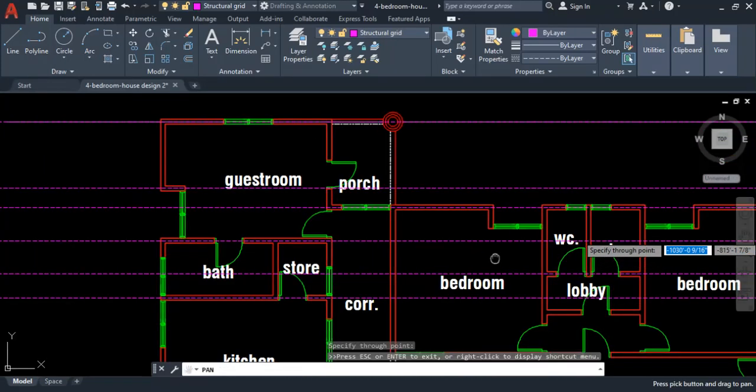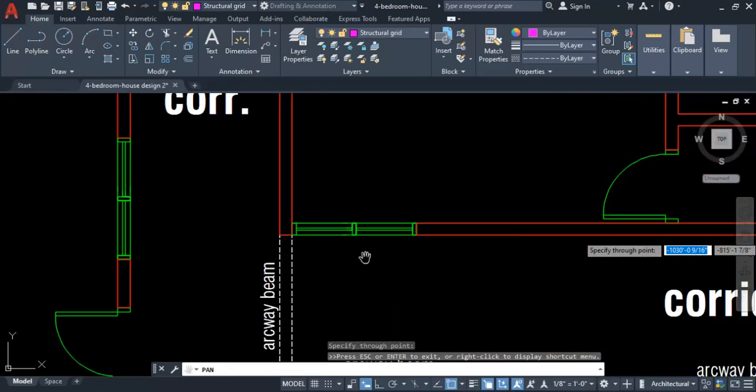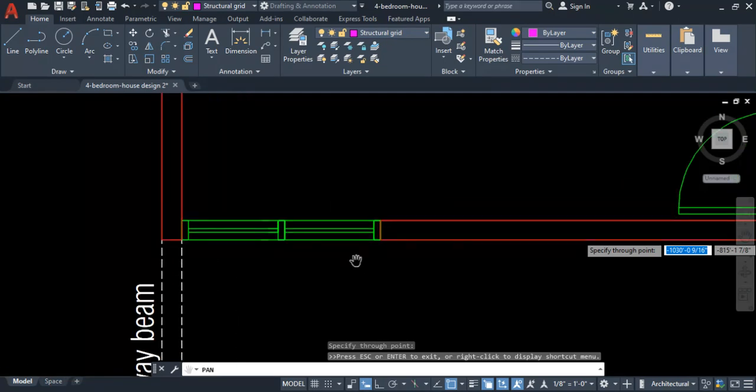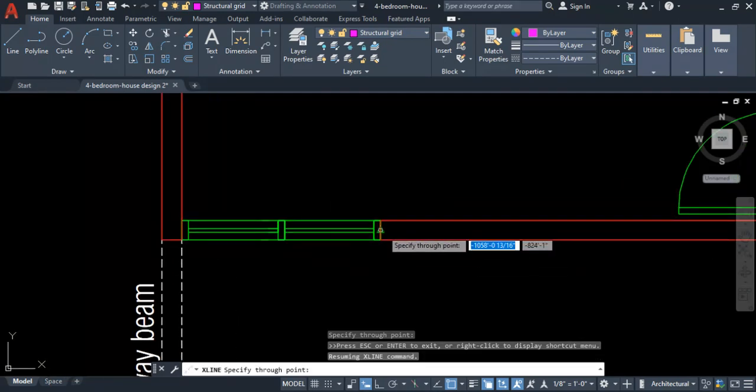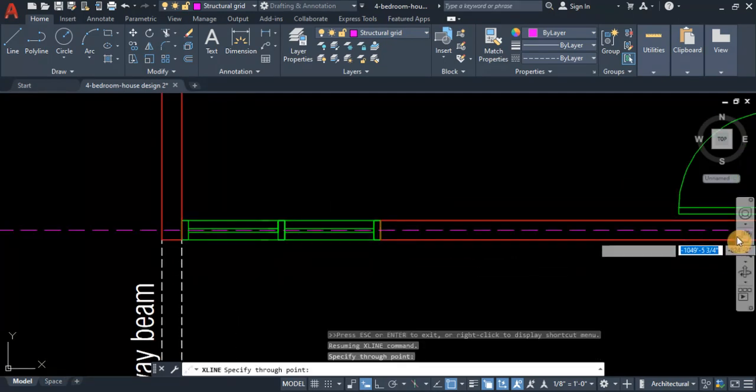Okay, then likewise you do the same for all other horizontal walls. So this is also another horizontal wall. So you find the midpoint. This is the midpoint. You click this. Then